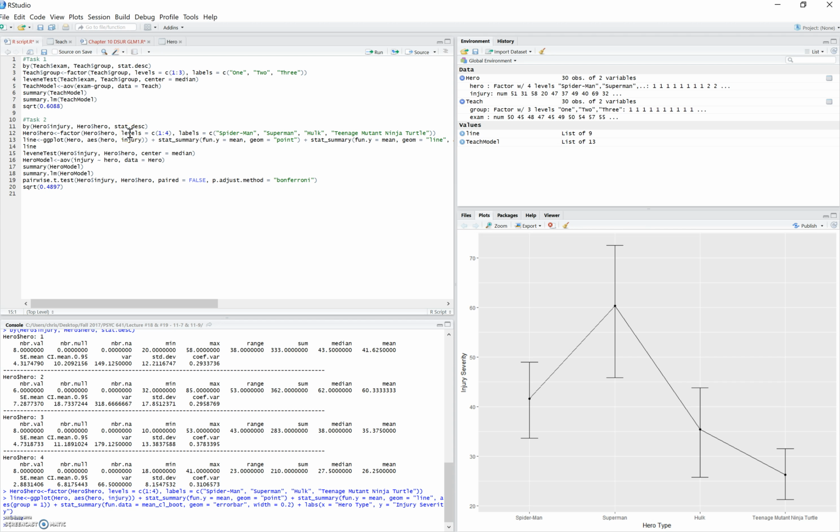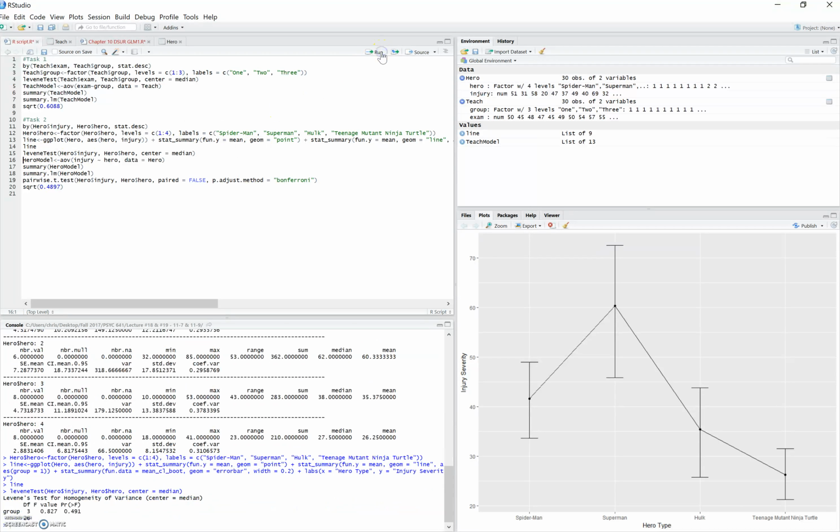So with that in mind, now we're going to run the Levene's test to once again test the assumption of homogeneity of variance. So as before, I'm going to use the Levene test function. And we can see from the Levene's test output down here that the Levene's test is not significant, which means the assumption of homogeneity of variance is met, which means we can go ahead and run our one-way ANOVA,